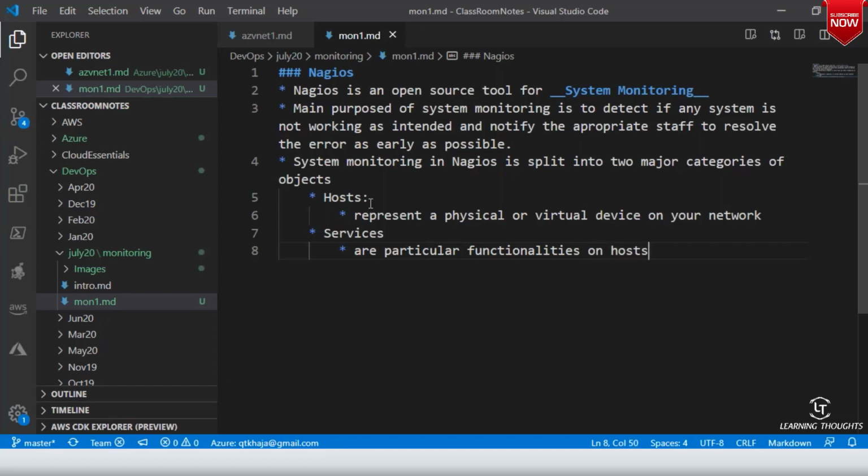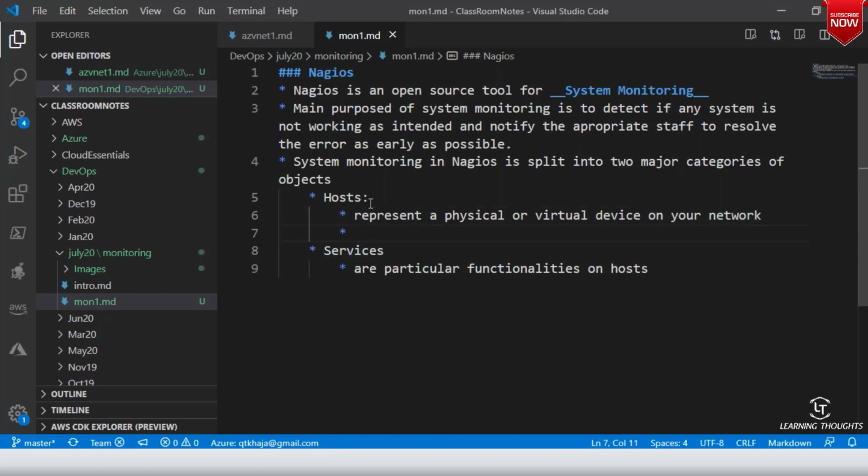Here the example is app server 1.lt.com server name, network switch 1, or some IP address, 192.168.0.11.